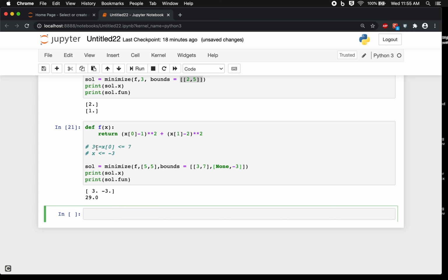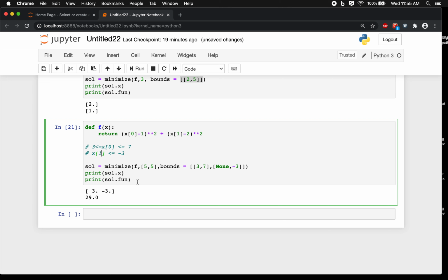So basically, we're hitting this lower constraint over here. And then we're hitting this upper constraint here. And this is actually x of 1. I'm sorry about that. And so that would be another way of putting bound constraints in this problem. The other thing we can do is constraints where the constraint is satisfied